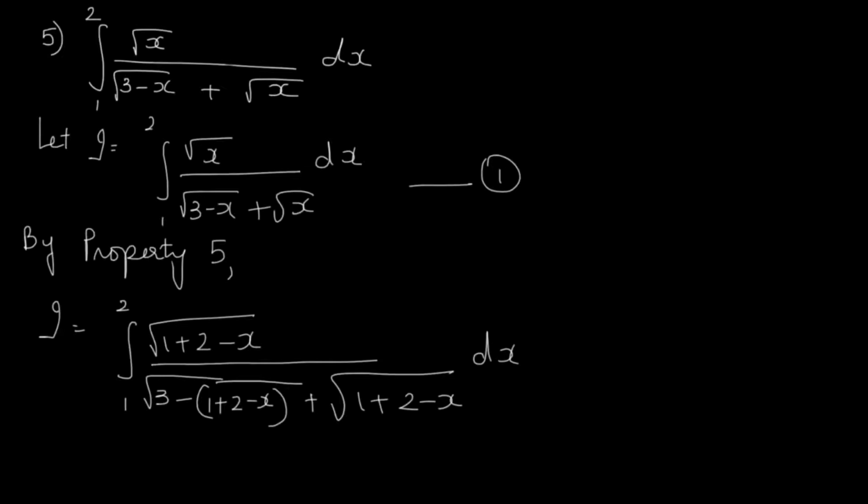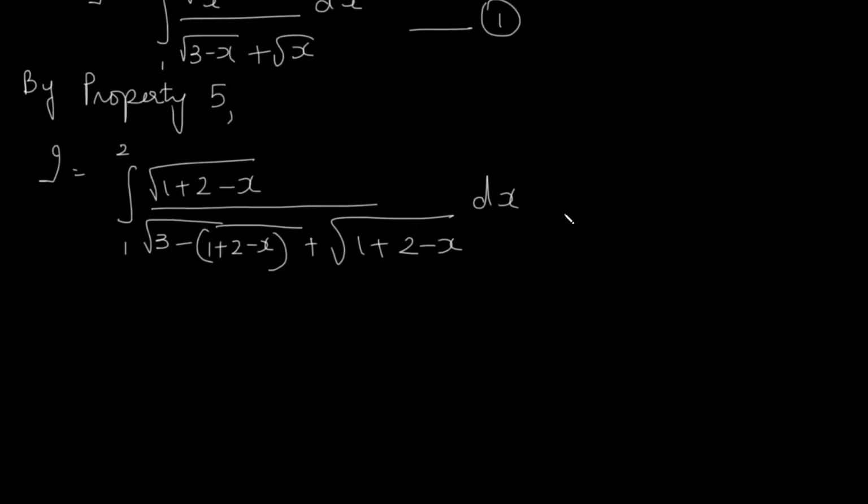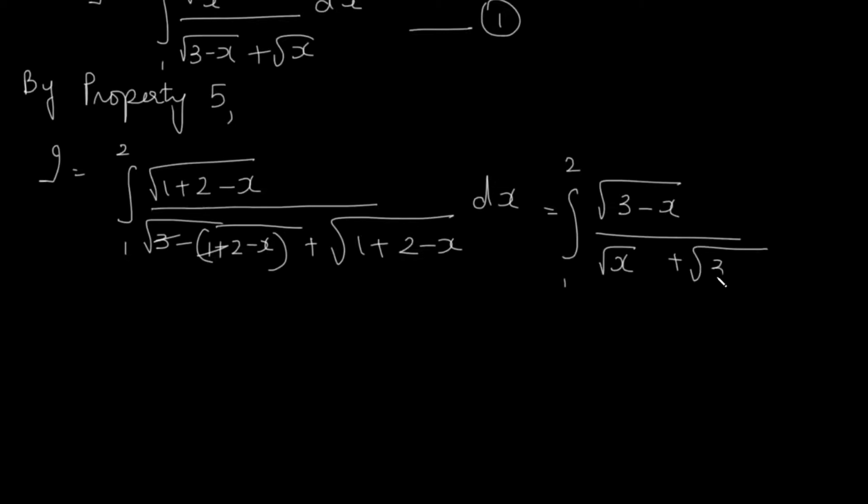Okay, then you know that we are going to get this term, that is 1 to 2 in the integral 1 to 2. We are going to get over here 3 minus x, 3 minus 3 becomes 0, and so we get root x, minus into minus becomes plus, so root x plus root of 3 minus x. Again, these are second statement.